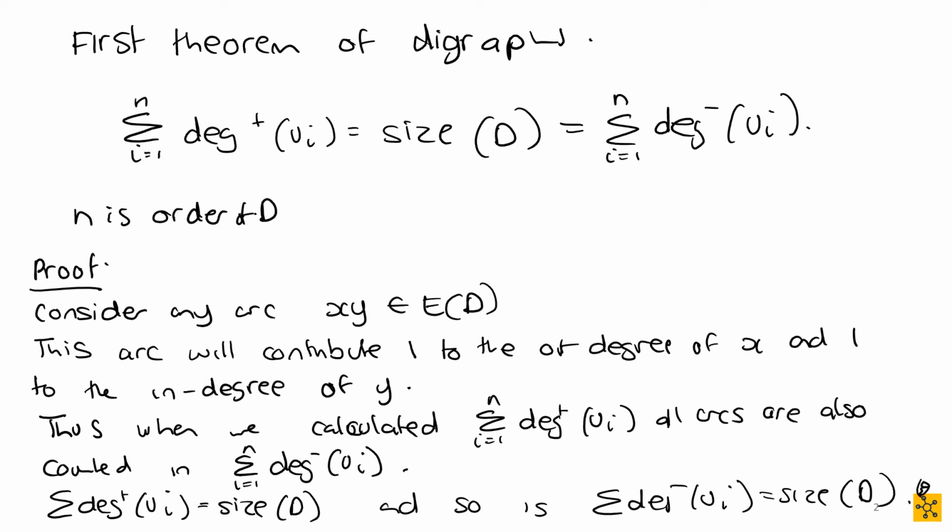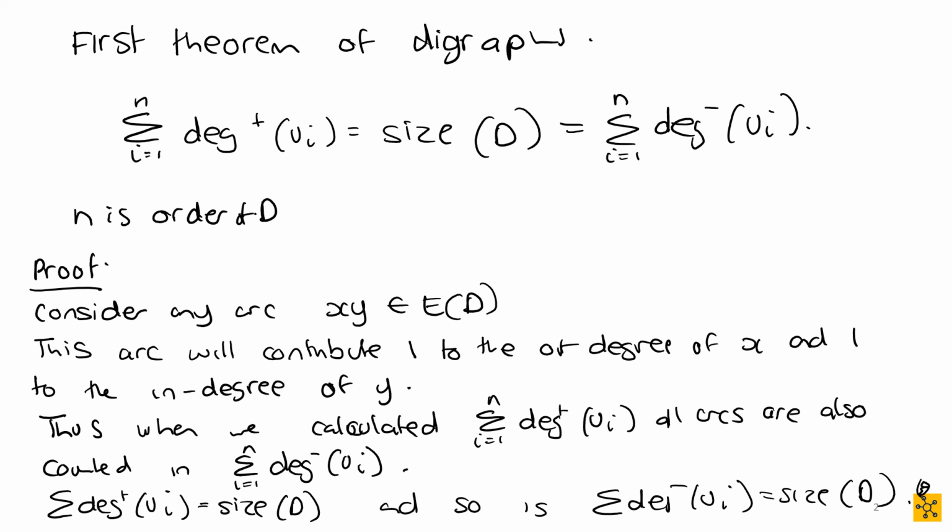So we're pretty much done. The whole idea is you look at an arc and say, every single arc in the graph is going to have a contribution to an in degree and a contribution to an out degree. And obviously when you sum up your in degrees, they're going to equal the size of the graph. And if you sum up your out degrees, they're going to equal the size of the graph,